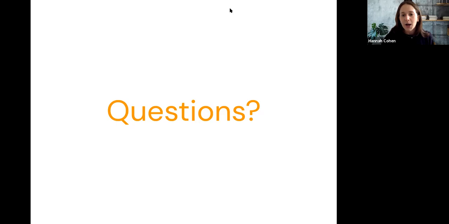Then we have an application process and interview, just to make sure that they're joining for the right reasons, that they're interested in social impact. It's not enough to be interested in the design portion. We want people who are also passionate about making that social impact and joining for that as well. So really making sure that that's the motivation for joining. That's kind of the overview of the process.